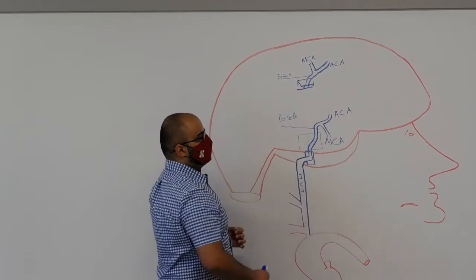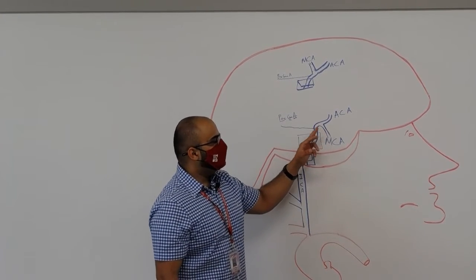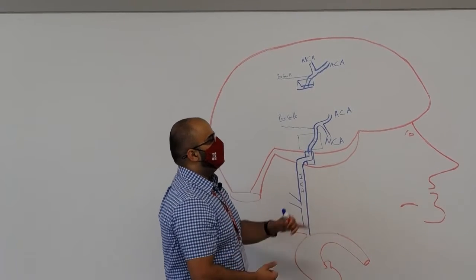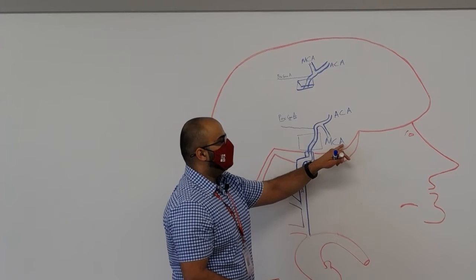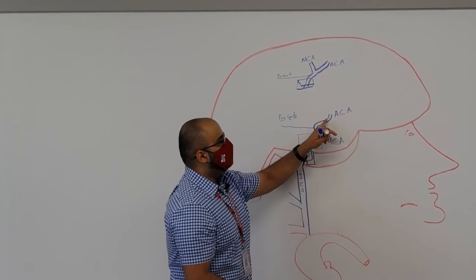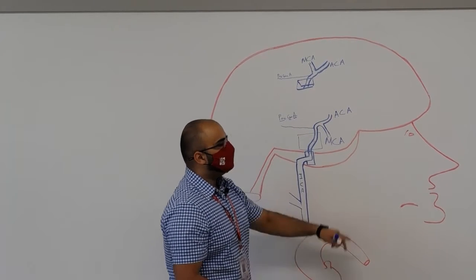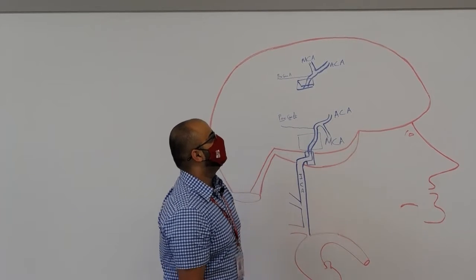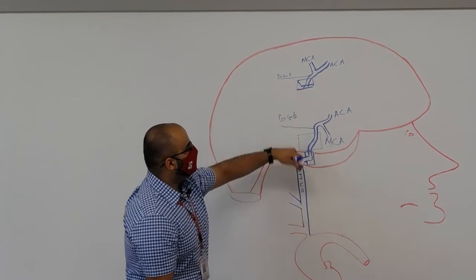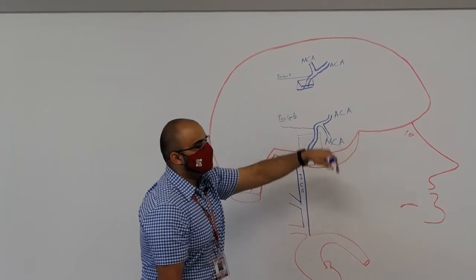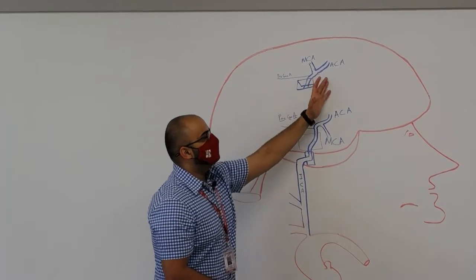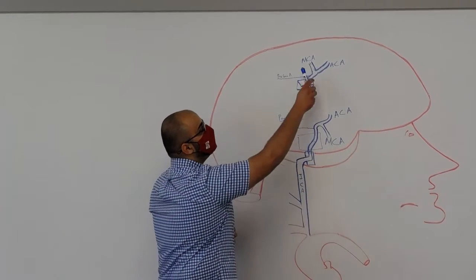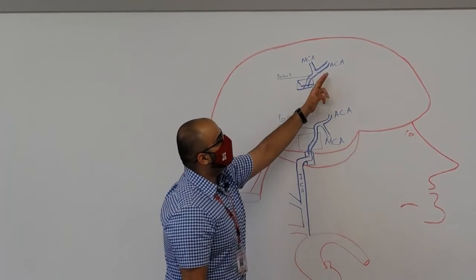Now, the internal carotid artery will divide into two terminal branches. The one that moves laterally will be the middle cerebral artery. The one that travels anteriorly is the ACA, anterior cerebral artery. On the other side, same way. The internal carotid artery comes out from the cavernous sinus in the subarachnoid space and divides into two terminal branches, middle cerebral artery and anterior cerebral